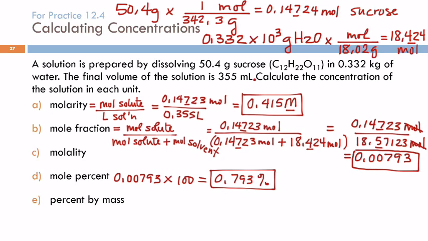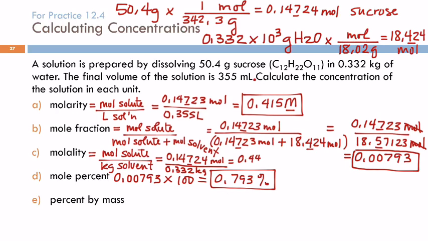Okay, how about molality? What does molality mean? Yeah, so that's moles of solute per kilogram solvent. Well, we already calculated the moles of solute. 0.14724. And they gave us the kilograms of solvent. So I've got 0.14724 divided by 0.332. So 0.443